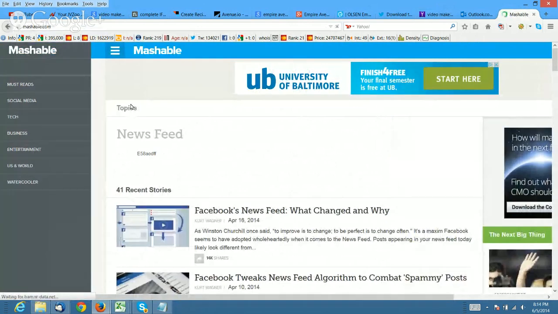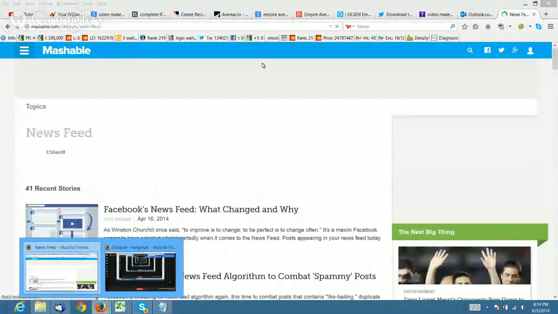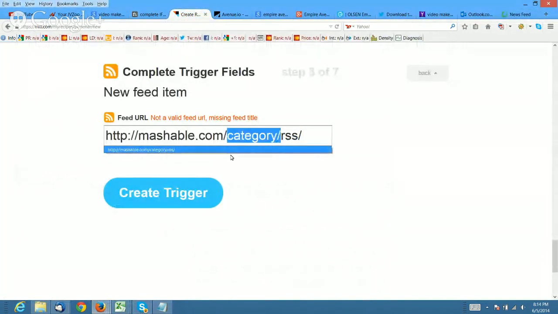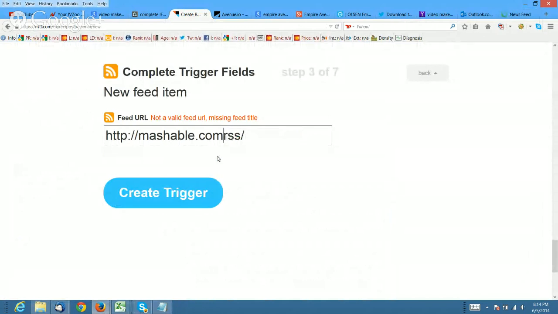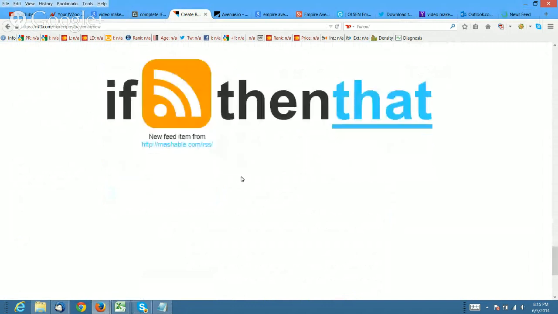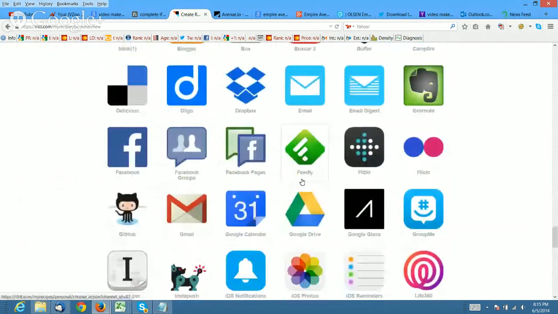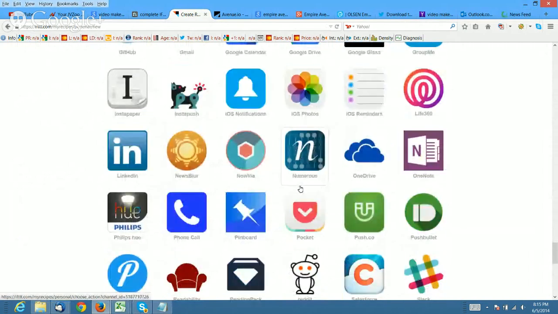But that's basically what you want to do, is add a couple RSS feeds from what it is. And it's really simple. Once you have it in there, I'm just going to try it like this and see what happens, if it pulls it or not. Okay, good enough for now. And then, since I want to set it up to that Twitter account that I just added in there,